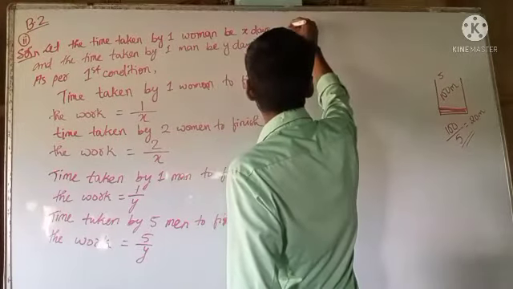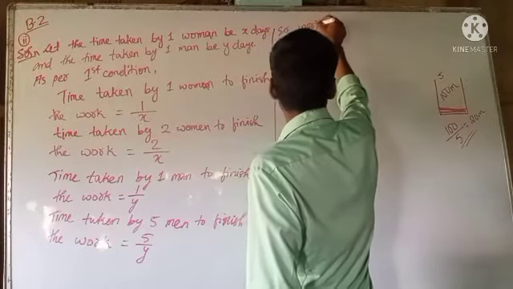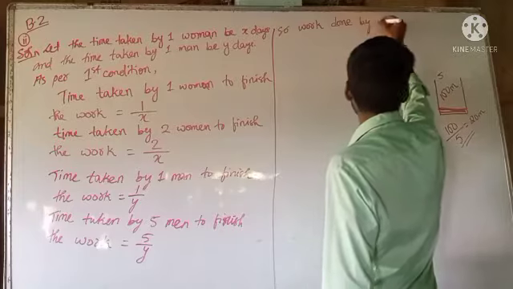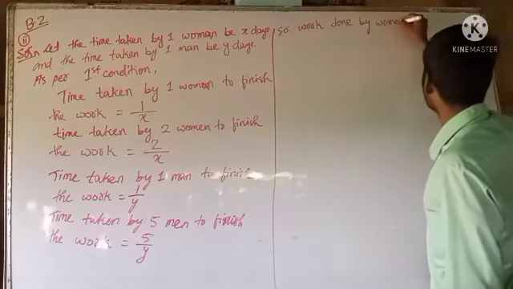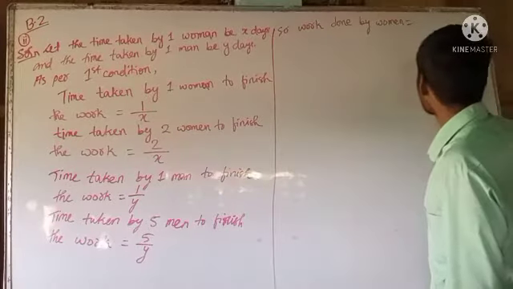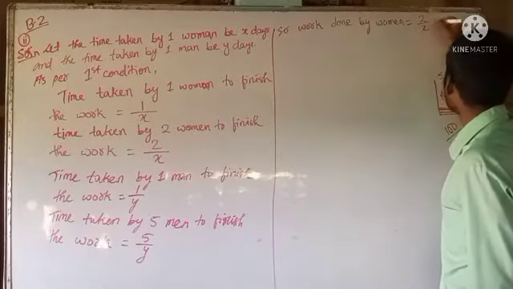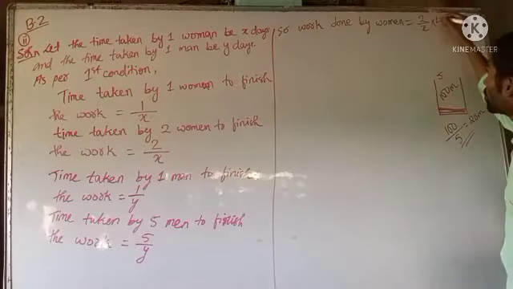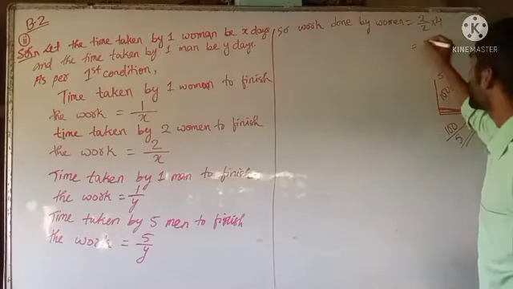So work done by the woman, it is 2 by X. 2 by X will multiply it with the total number of days that it takes, that is 4 days. So we'll get here, that is